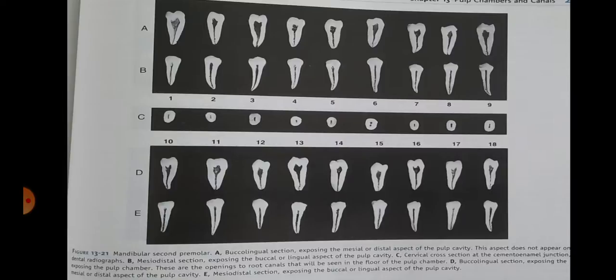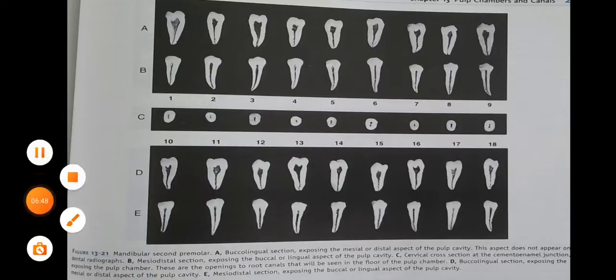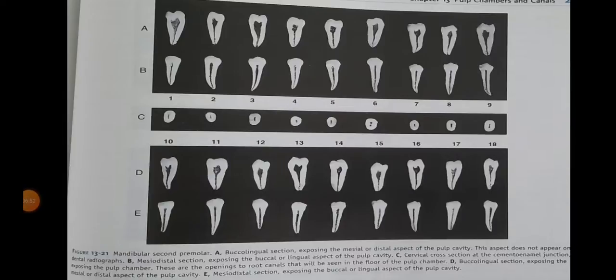Note the dimensions of the pulp cavities are increased, but extremely wide dimensions are confined to the crown and the upper portion of the root canal. Another difference between the first and second premolar is that the pulp horns in the second premolar tend to be more prominent and the lingual pulp horn is present more often.